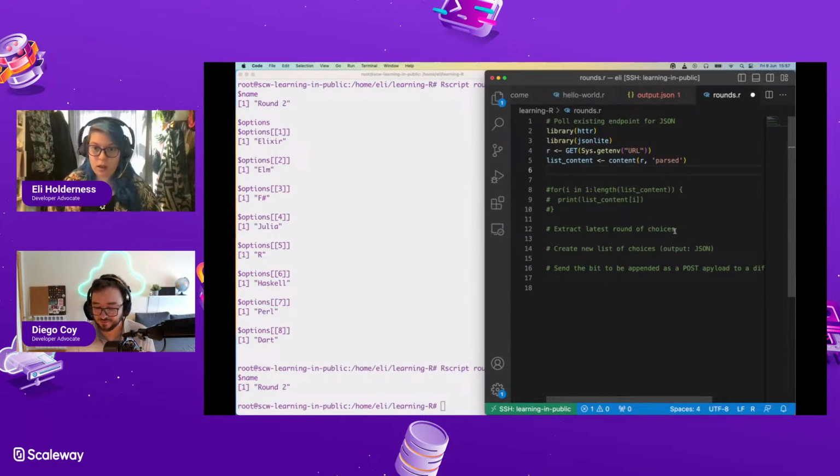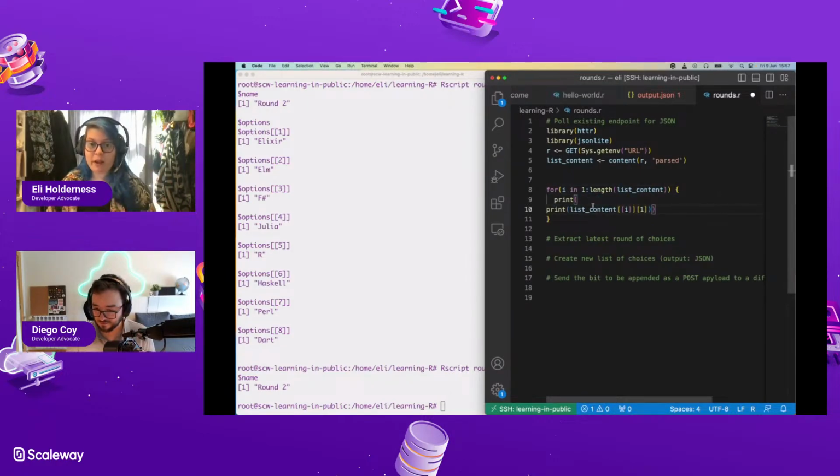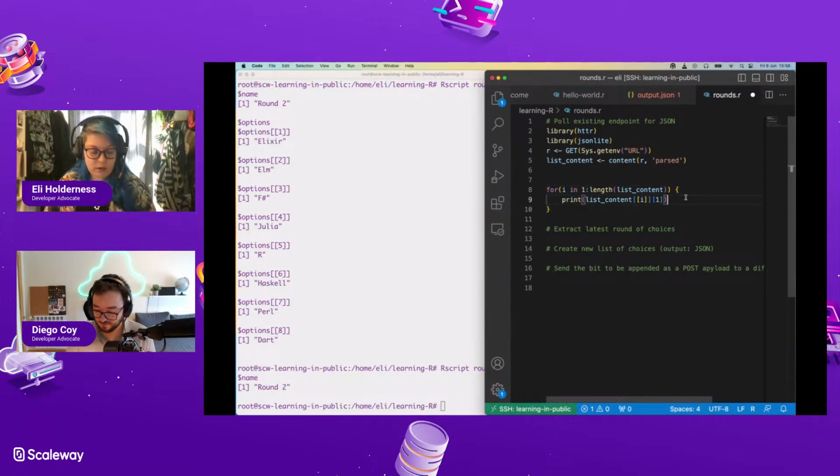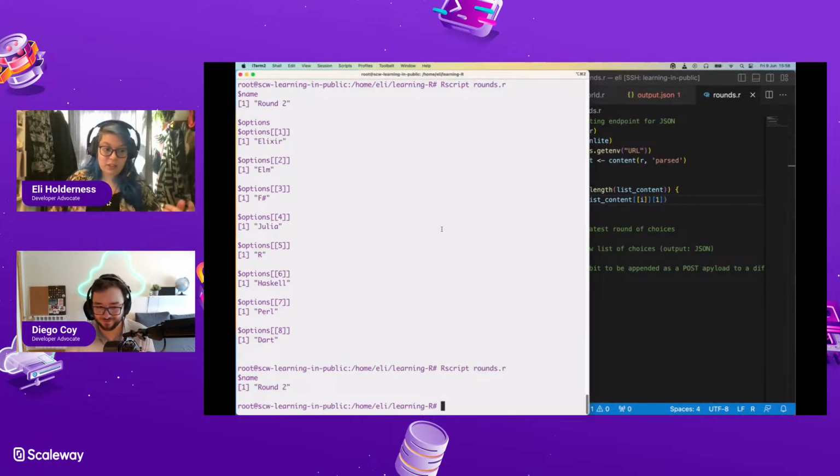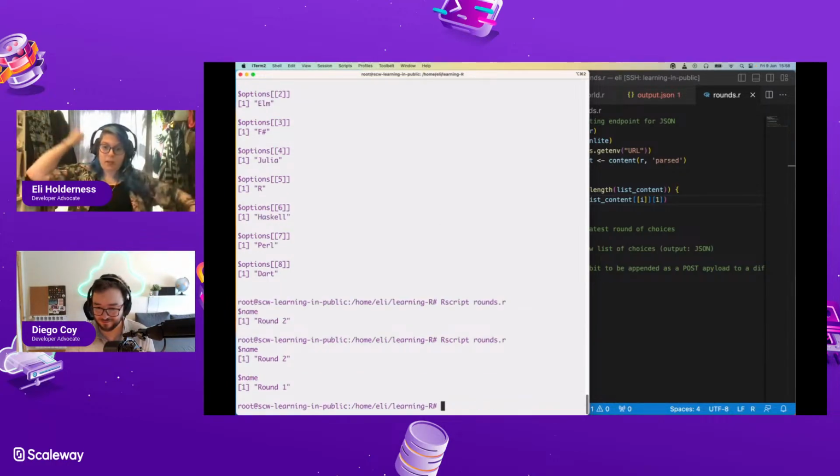I want to undo all of these comments. What I'm actually going to do is print out the list of all the rounds that we have, because I don't care about their content right now. I just want to know which rounds I have available, and where we're up to in the number of rounds we've done so far, so that I know which is the next one I have to construct. So I'm hoping this is going to print me out name round 2 and name round 1. Yes, I deserve my salary.